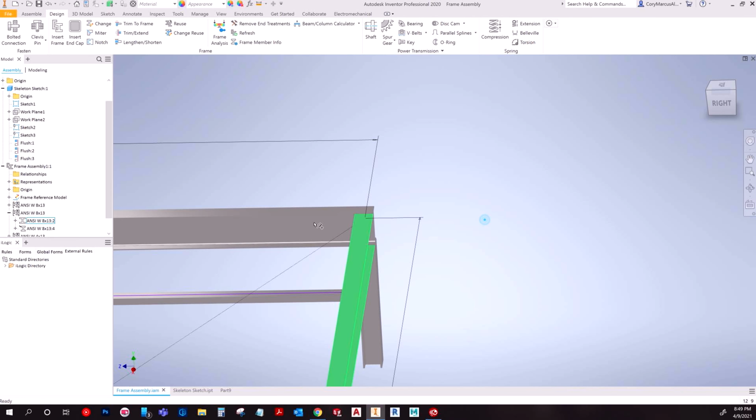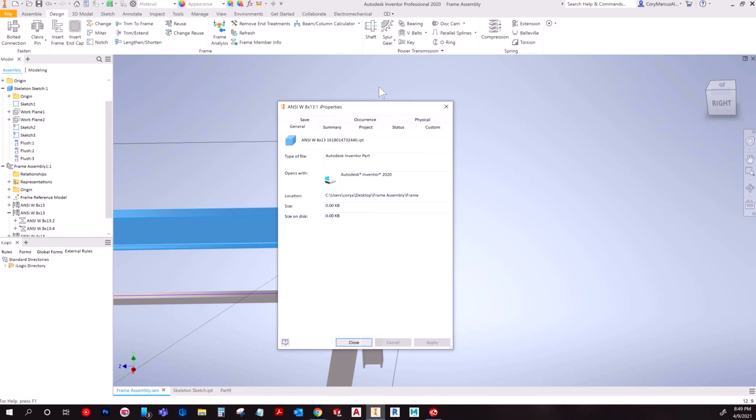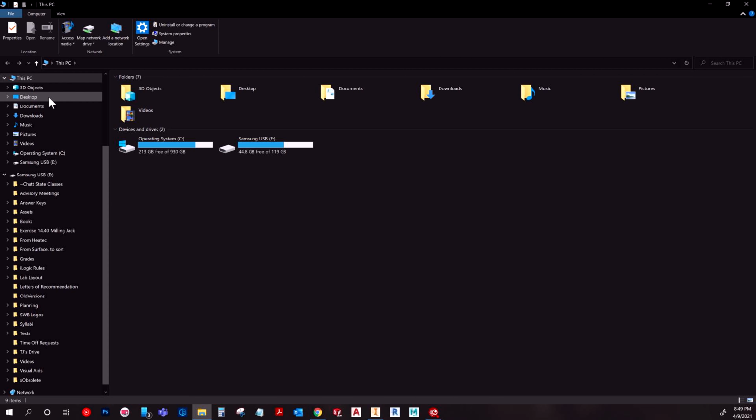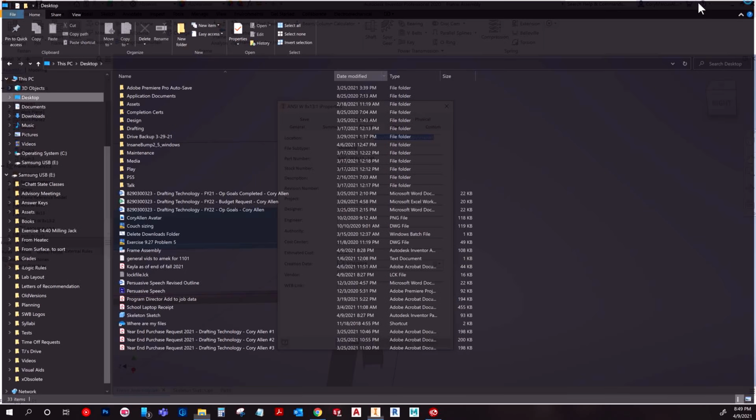Okay, so let's look and see where it actually saved them. Must not have been paying too much attention whenever I actually did it. Okay, so it saved on desktop, frame assembly, frame. Yeah, I don't know why I'm not seeing that. But needless to say,